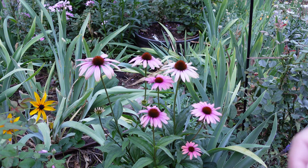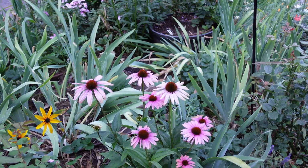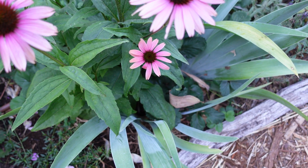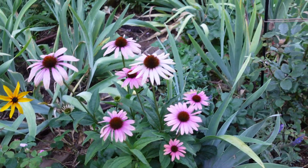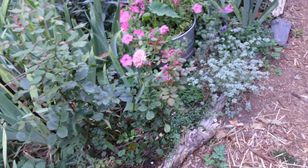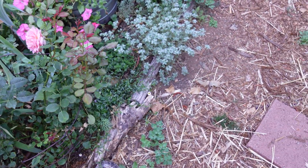Oh, I'll show you. I'll see if I can get down close to the one that has the peach tone in it. Down there, it has a hint of peach towards the tips. It does fade out as they get older, but it's still there and just beautiful. Now, after I had said that